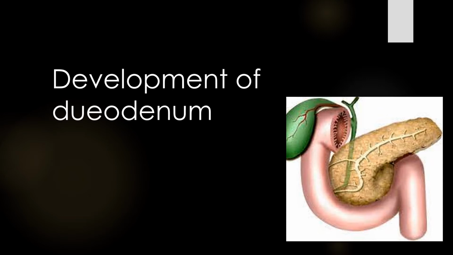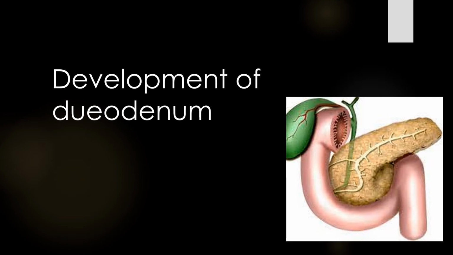So, the duodenum is a C-shaped structure. It is a C-shaped organ. When you see the development of the duodenum, it is developed from two main sources, that is, above the hepatopancreatic ampulla and below the hepatopancreatic ampulla. The hepatopancreatic ampulla is at the junction of the major duodenal papilla opening. So these both are related together.